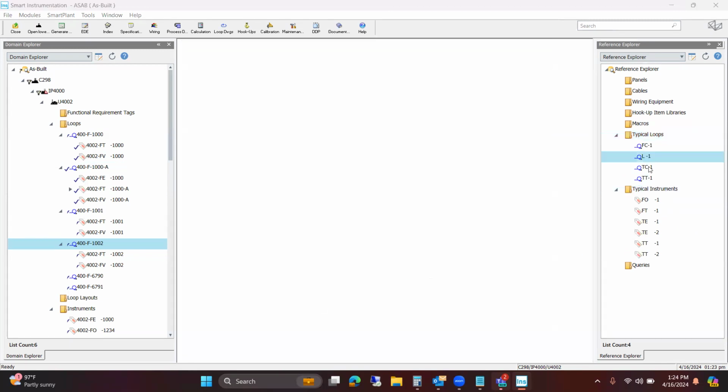Apply. So now if I want a similar kind of loop in my project, let's say there are 10 or 20 different tanks. All the tanks have the same level measurement configuration, having, let's say, 1001, 1002, 1003, up to 20 loops. If you create one by one or duplicate one by one, it will take time, right? Yes, sir. So what you can do is create the typical and then go to the